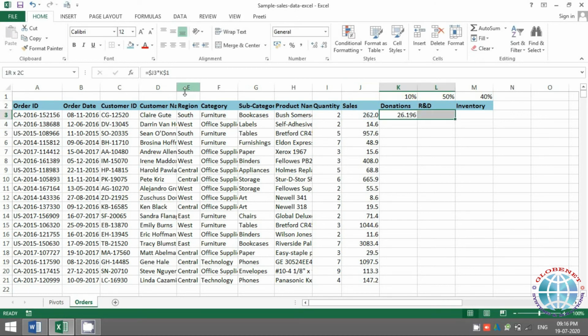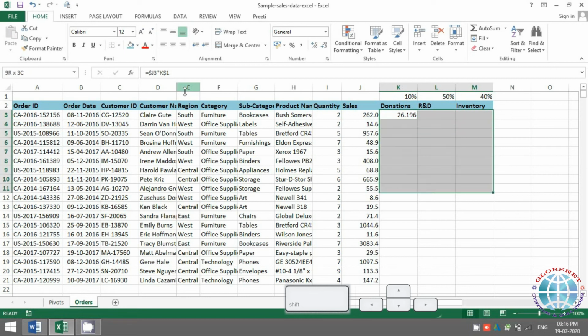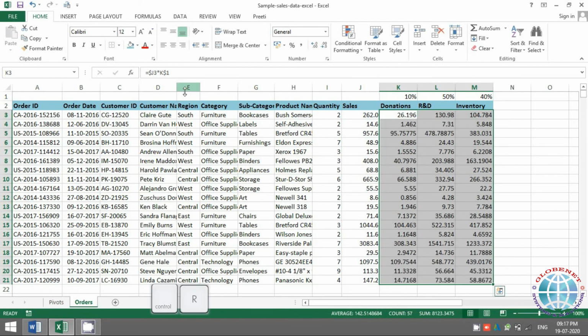You can either use your mouse or I prefer using the keyboard. So the shortcut is I'm pressing Shift right arrow. Shift right arrow will let you select how many columns you want and how many rows you want. Shift down arrow so that I go till here, and I'll do Control R and Control D. Control R will give me column wise, drag towards the right, and Control D is down fill. Control R is right fill and Control D is down fill.